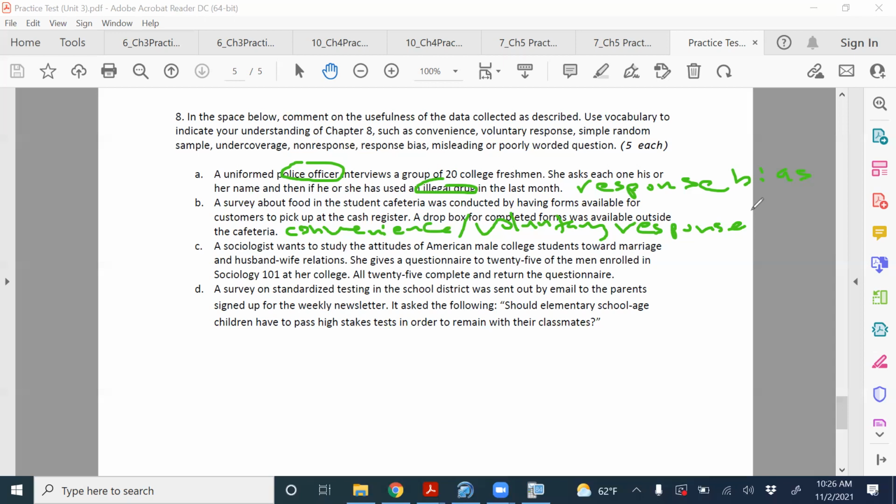Involuntary, because what if you figure, I think the food's okay, I don't feel like filling it out, but maybe you think the food sucks and you want to say why it sucks, right? So